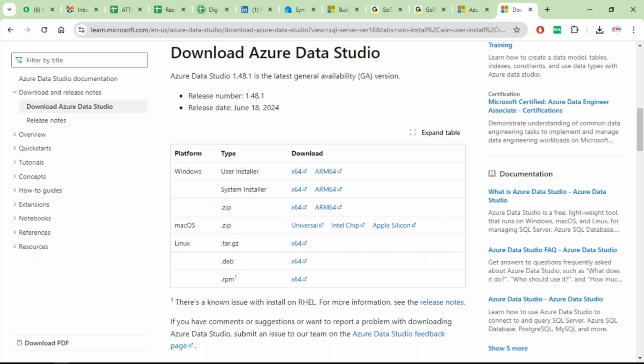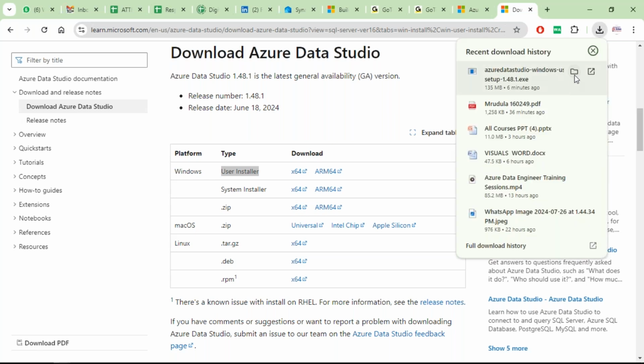Download Data Studio. We have Windows, Mac, Linux, etc. For now, I'll take Windows. We have user and system. You can take it per user. System means multi-user or all users. Let's take it per user. Anything is fine, not a big deal. For now, let's select it. It's almost done with the download now. Done now. So let me just go to my